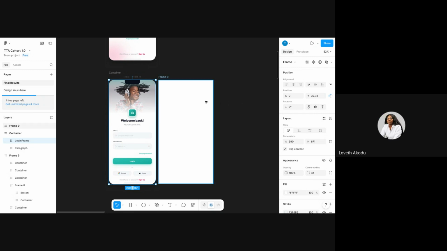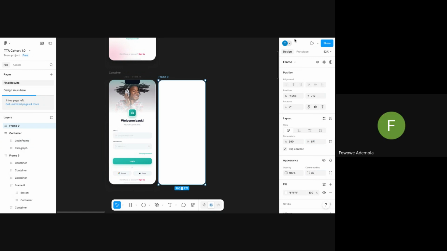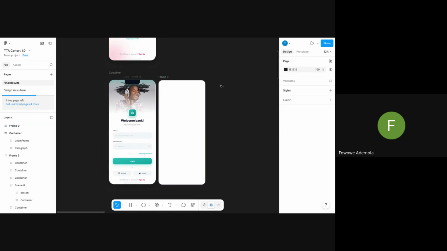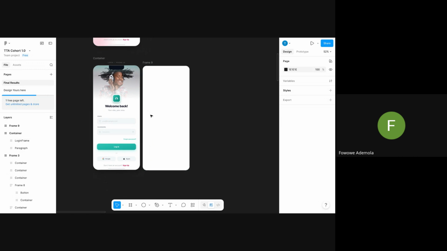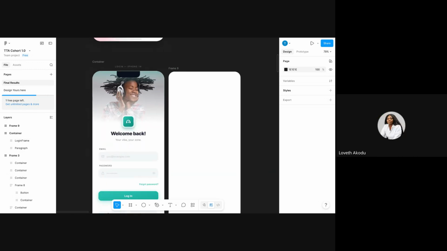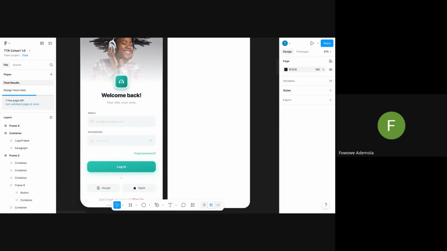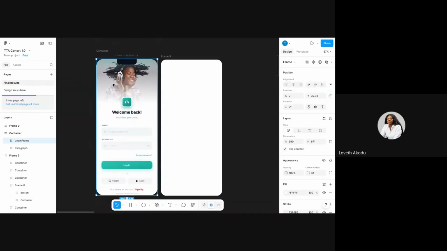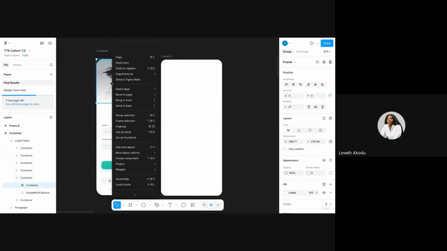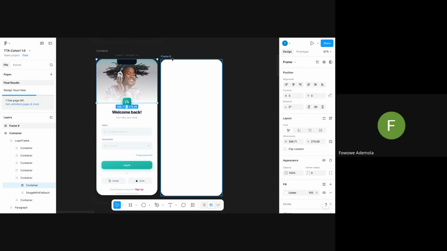39871. Now we are going to give it a corner radius. I'm going to give it a corner radius of 32. The next thing I'm going to be working on is this upper part. All we have to do is copy, duplicate,